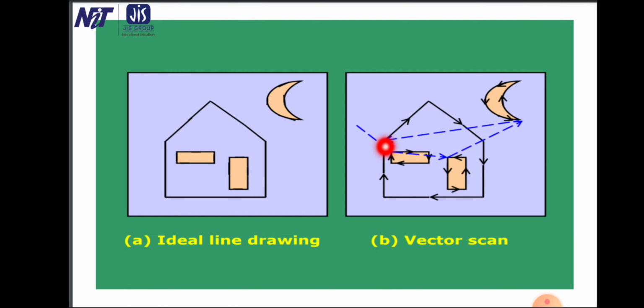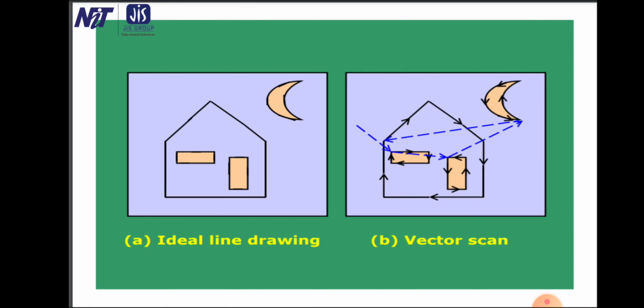I hope it is clear that I basically draw 4 lines there, and the beam is switched on at this point and traverses. It first moves horizontally, then vertically, then horizontally, then vertically, so it finishes the rectangle. When it moves in the horizontal direction, you need horizontal deflection voltages to be switched on. When it is moving in the vertical direction, we need the vertical deflection voltages switched on.